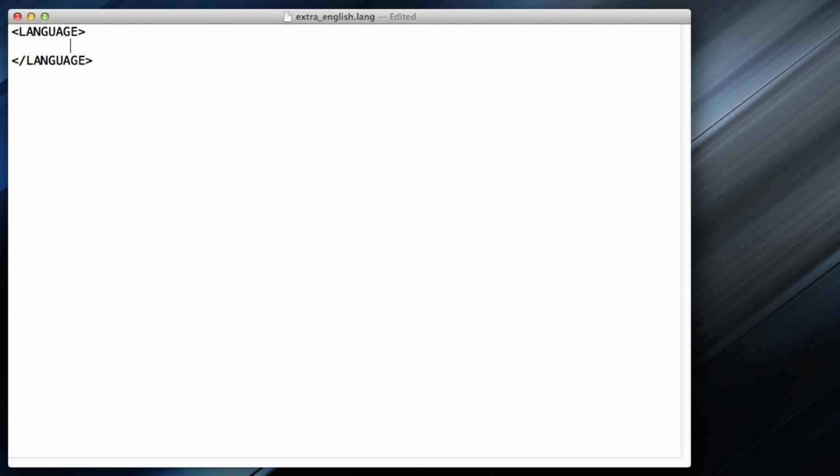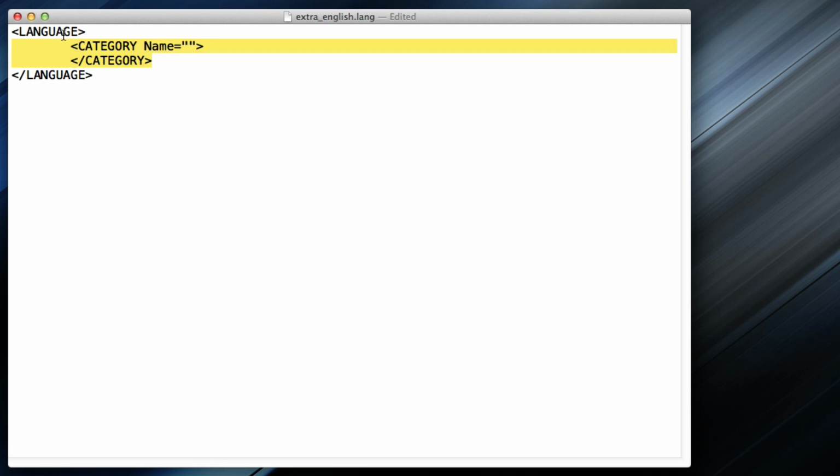Now, first of all, I'm going to tab so it's more structured, so it indents everything. I'm going to do another square brackets, or no, diamond brackets. And inside here, we're going to write category. Let's see, I believe it was category uppercase, and then name with only N uppercase, equals quote quote, and inside here you want to write whatever category you want. And then on the next line, I'm going to do tab here as well, you want to do /category like that.